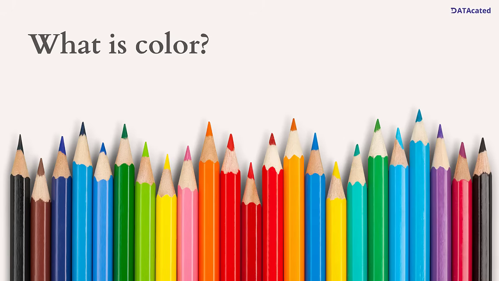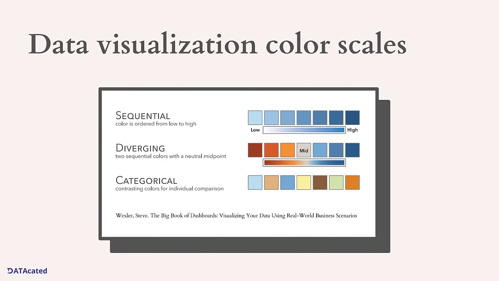For example, in the Western region, red is often associated with danger, excitement, and urgency, while blue is often associated with trust, calm, and tranquility. It's important to keep in mind that the meanings and associations of colors can vary greatly depending on culture, context, and individual perception. In data visualization, there are three main types of color scales that are commonly used: sequential, diverging,